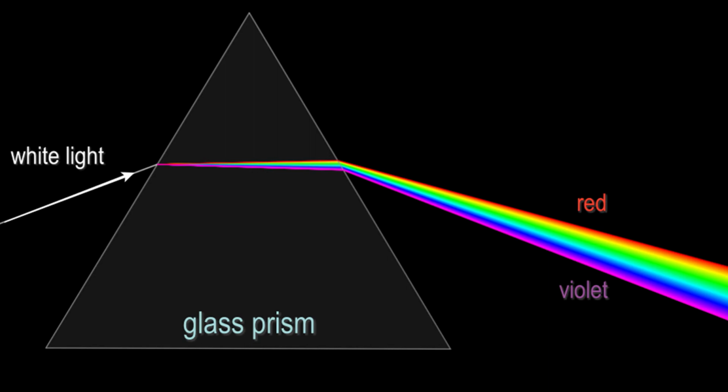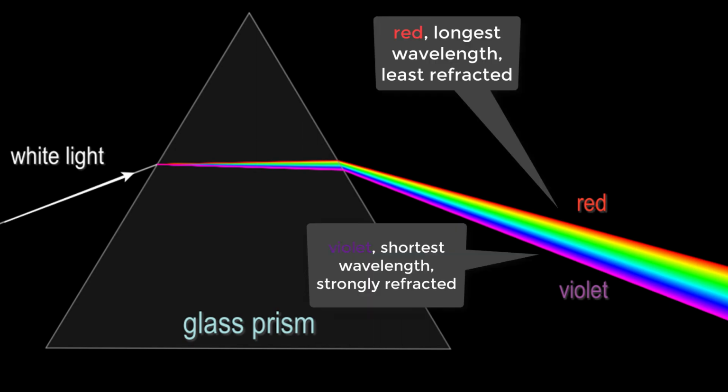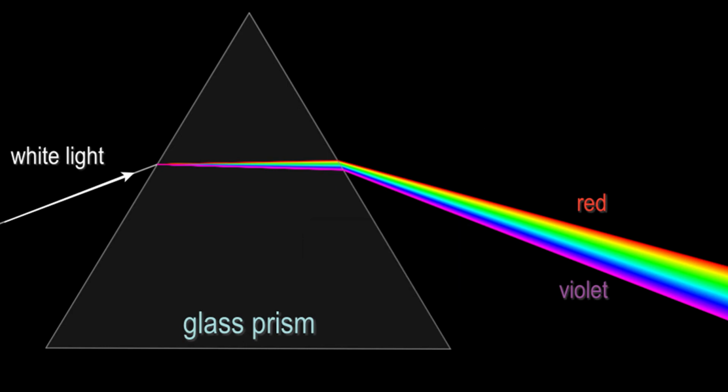The slide here shows the dispersion of white light by a prism. Note that the red light, having the longest wavelength, is refracted the least. The violet light, having the shortest wavelength, is refracted the most. Okay, as a summary, we know now that in glass or any medium other than air, different colors or wavelengths of light travel at different speeds. The splitting of white light into its constituent colors during refraction is called dispersion, and the band of colors formed by dispersion is called a spectrum.